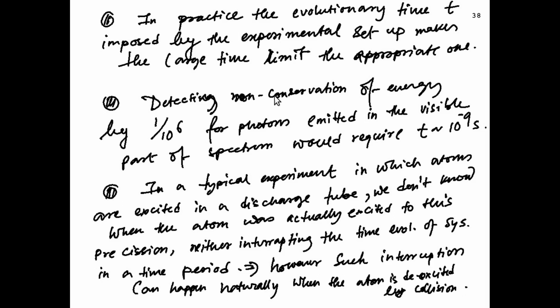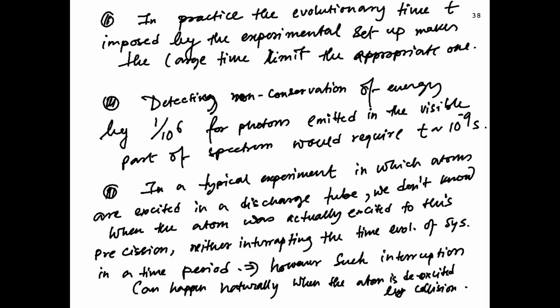But what happens in practice? What is the probability, in a physical system, that you detect a transition which does not satisfy energy conservation? In practice, the evolution time t is imposed by the experimental setup, and that tells you how long is long enough. Whenever you say a long time or a short time, you have to say how long is long enough and how short is short enough, and that comes from the energy constants, other scales of the problem, and the experimental setup.